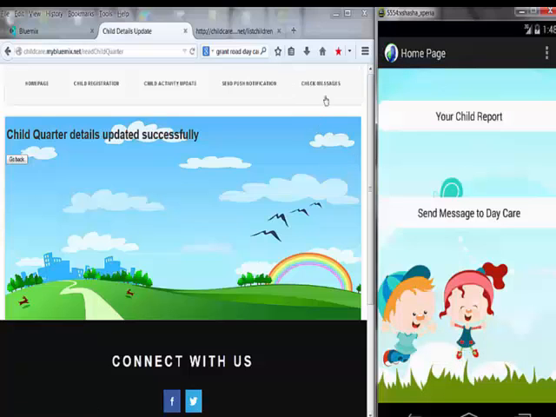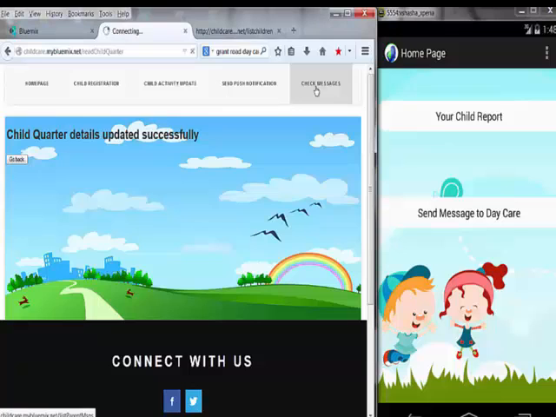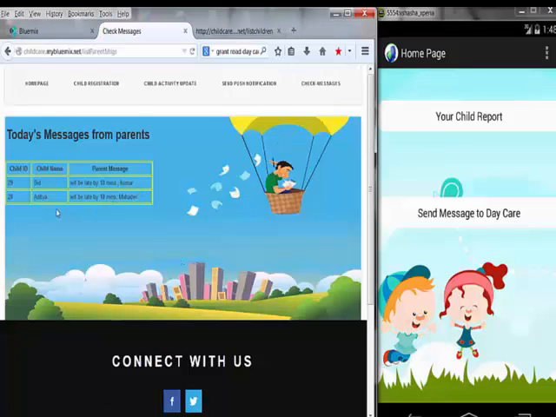Now the daycare can access this information by clicking check messages tab which we have provided. So once he says click message, you will get this information here. Here you can see Kumar has sent his message and that has been recorded to the